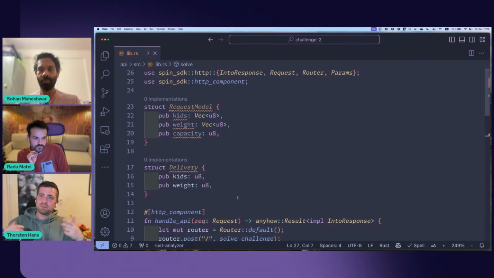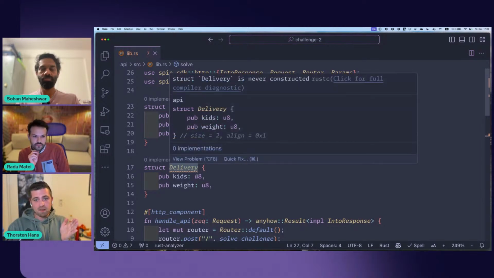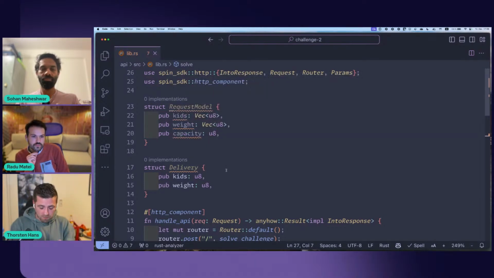In my thought process, I said, okay, somehow I have to sort all those delivery objects or instances that I will end up with in a descending order, to have 7, 6, 5, 4, 3, 2, 1 kids and the corresponding weight in a sorted way.